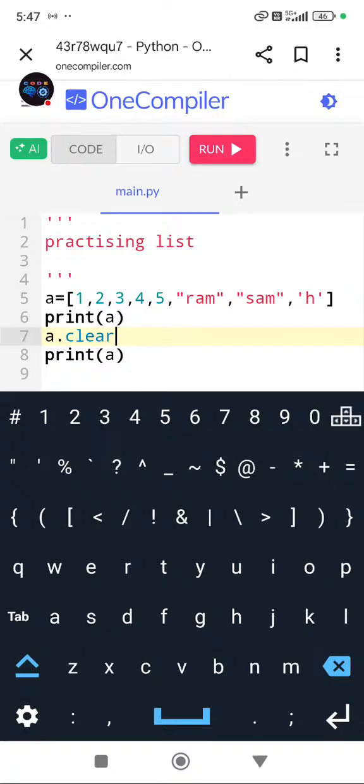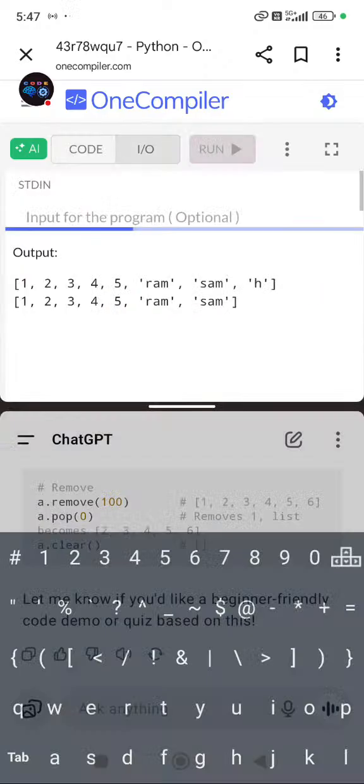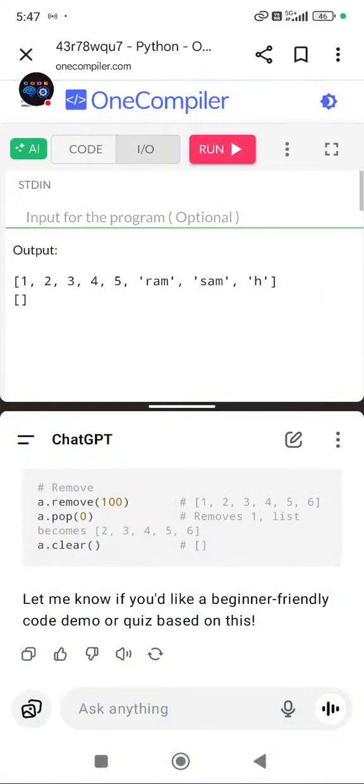Let me type, wait a minute. It will clear all the elements in the list. Simple. See guys, the list is empty now. So what we have learned today so far was how to create a list, how to print